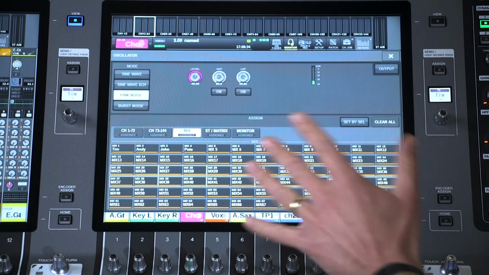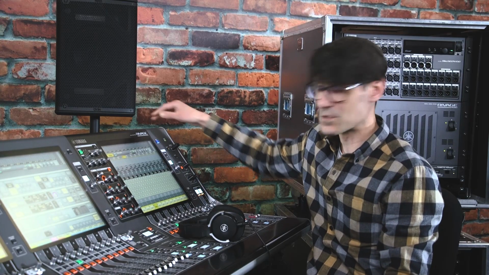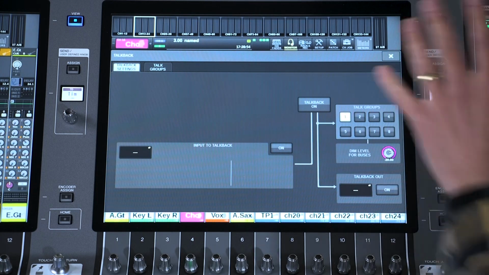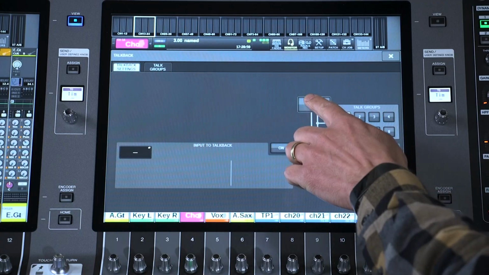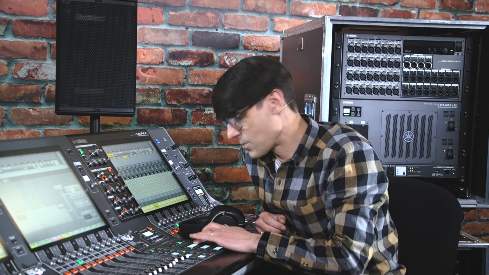To finish this video, let's take a quick look at the TalkBack section. The oscillator is pretty self-explanatory, by the way. So each Rivage PM console has either a built-in TalkBack input or some Omni inputs that can be used for TalkBack, or both, which can be summed. Then the TalkBack can be routed to talk groups and sent to a particular output port and routed externally. The TalkBack on and talk group buttons can be assigned to user-defined keys on the console for quick operation.